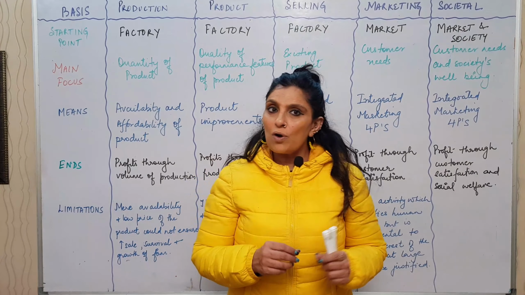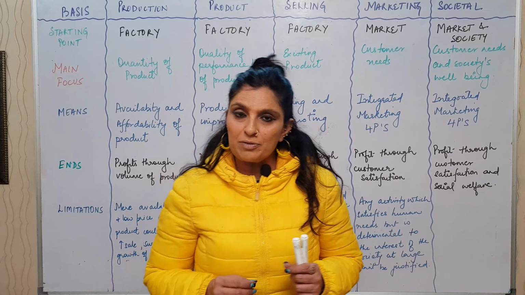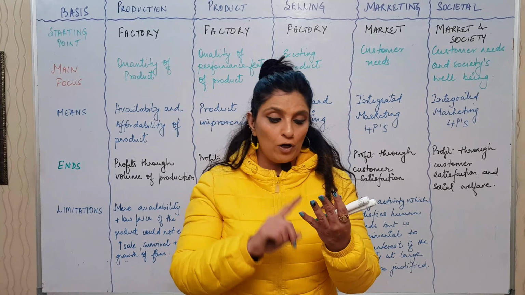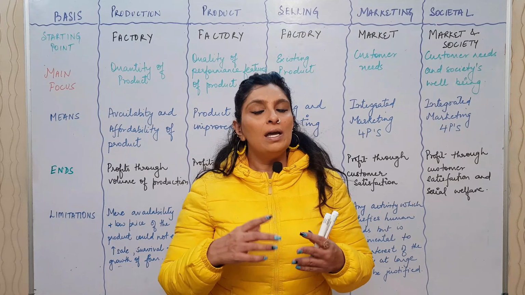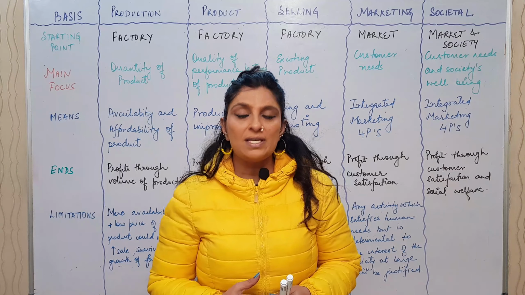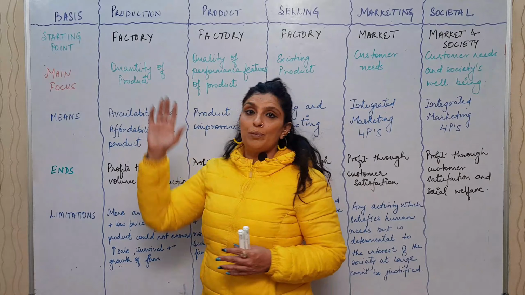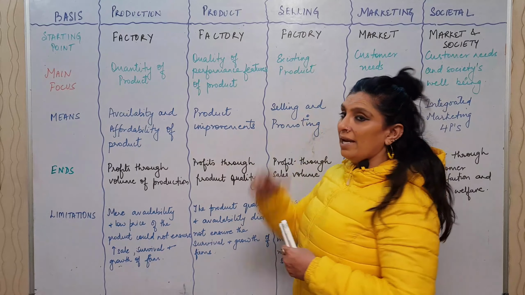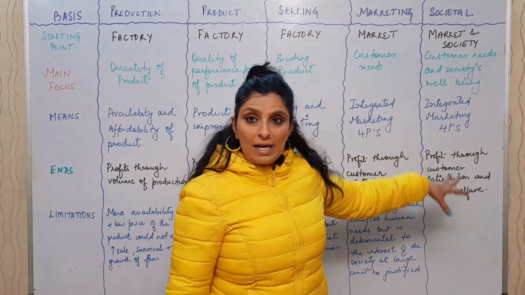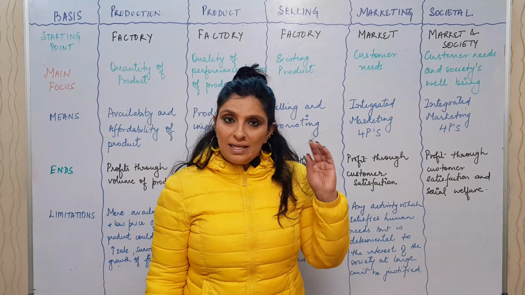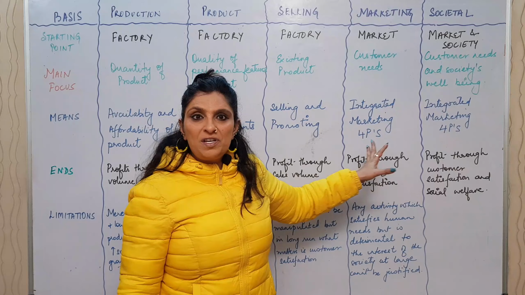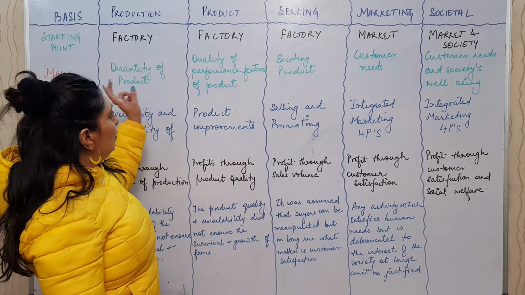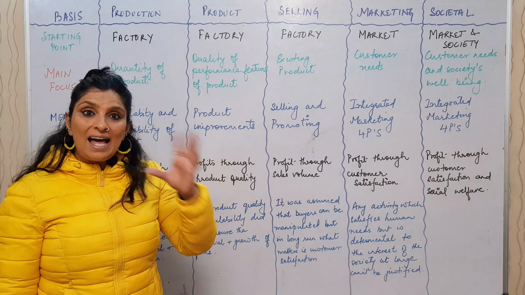All right, we just talked about the marketing management philosophies. I told you philosophies, concept as well as evolution of marketing came from the marketing management philosophies. We started with the first concept, production, second was product, third selling, fourth marketing, and fifth societal marketing concept. And this particular board has been created as a differentiation between all the concepts so that there's a clarity what we are